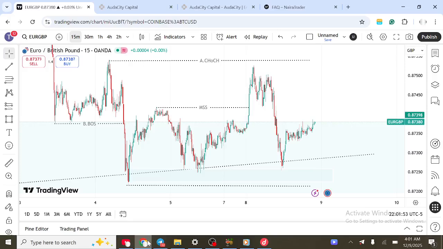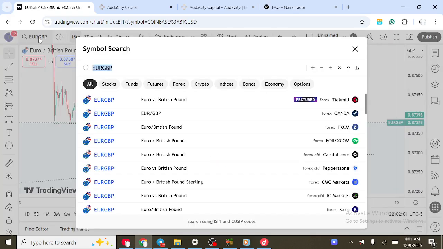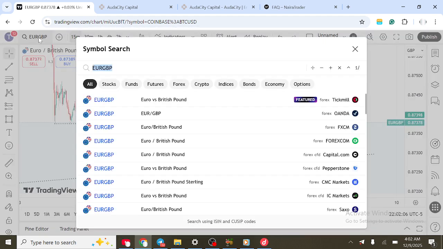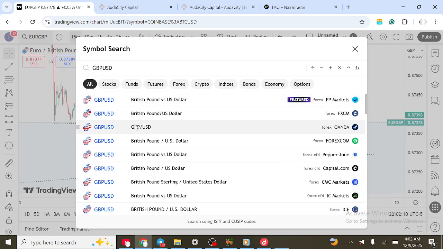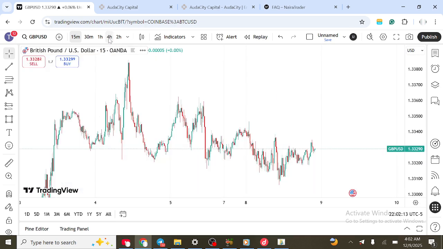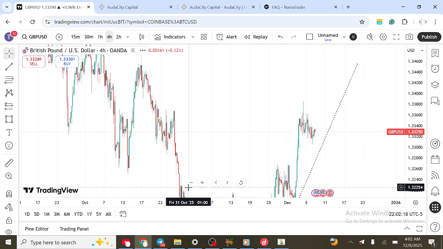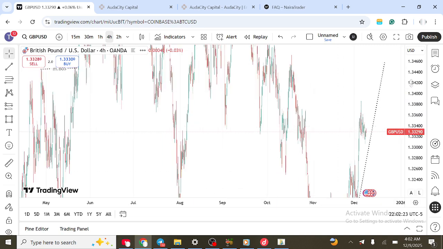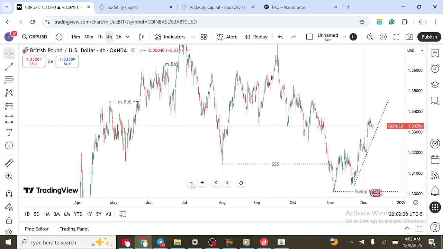All right. So, what happens when there is an intersection between the type A liquidity concept and the type B liquidity concept? What happens? That is what I quickly want to show in this video. We are going to do it from the 4 hours time frame, and then we'll look at it together. Okay, so this is GBP